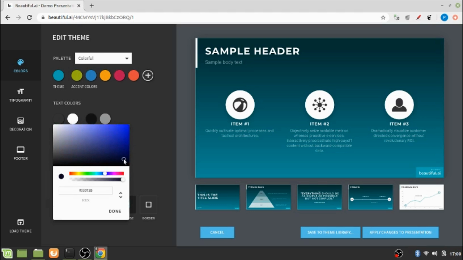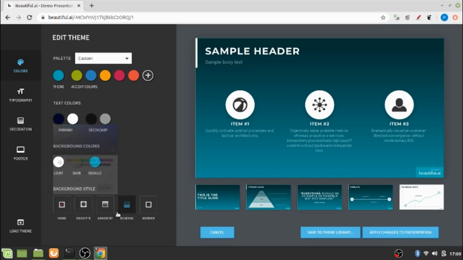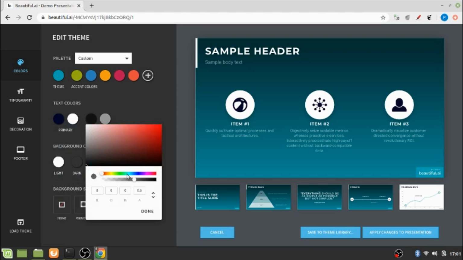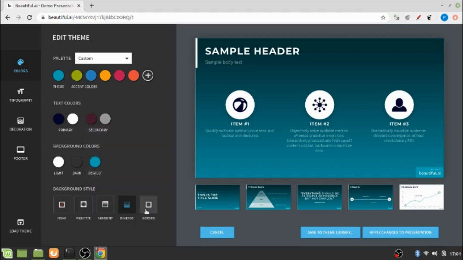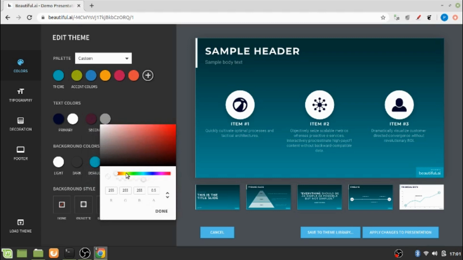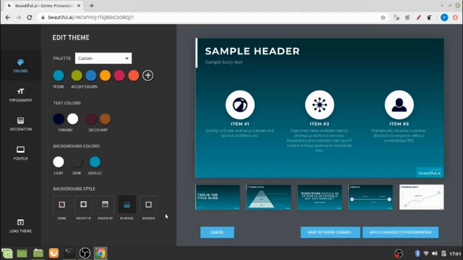I'll choose the blue one, click on done, and the other one is, say, let it be white itself, and secondary colors, let's say something from the pink or purple, okay, or something from this maybe.